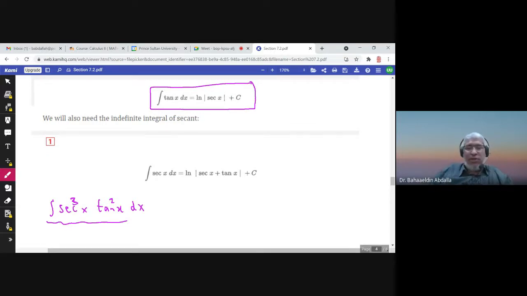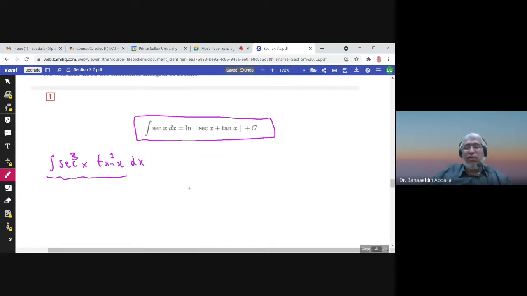Sorry, alhamdulillah. Also, maybe I need this one, the integral of secant. You can also memorize this formula, although we can prove it, but the proof is not that easy. To find the integral of secant x dx,